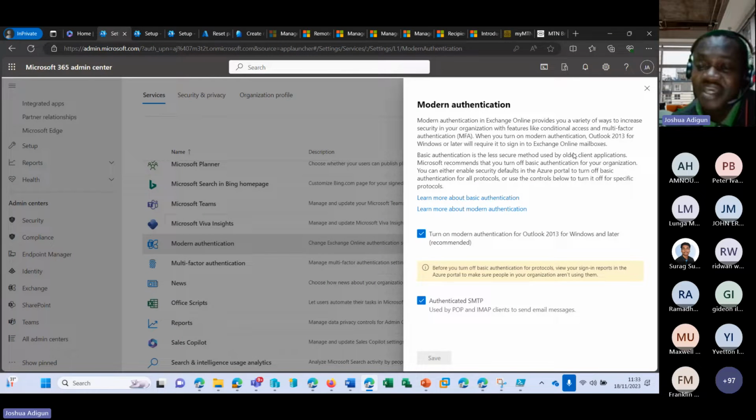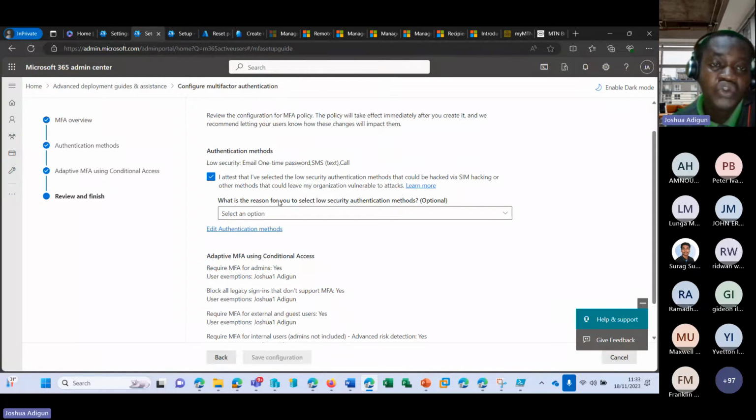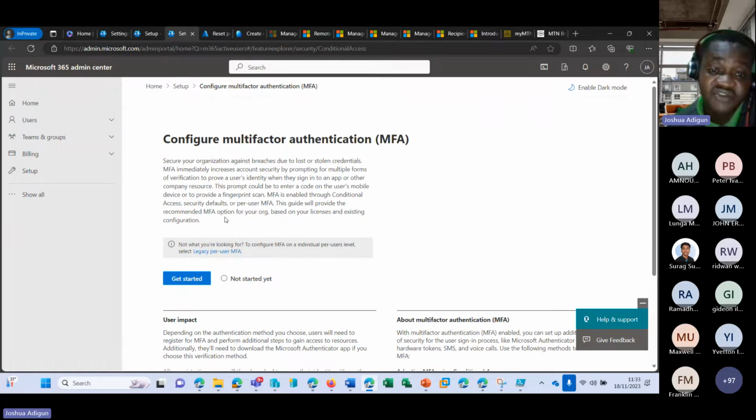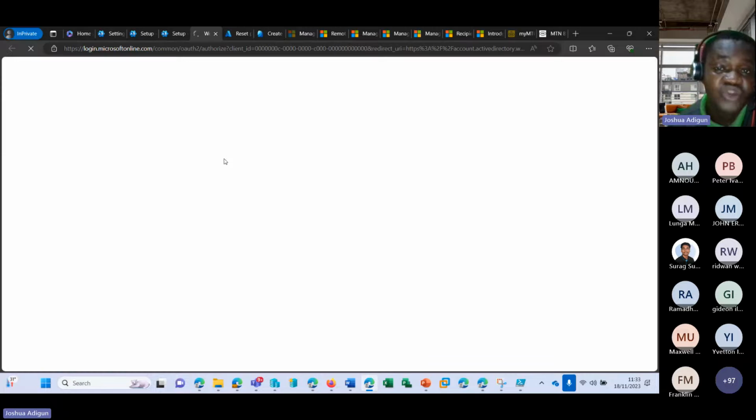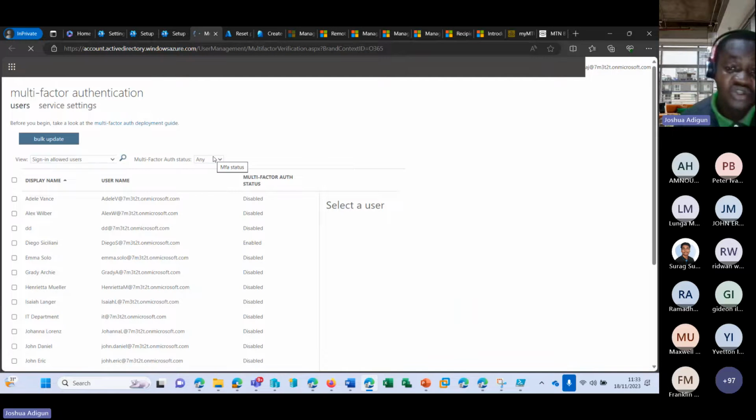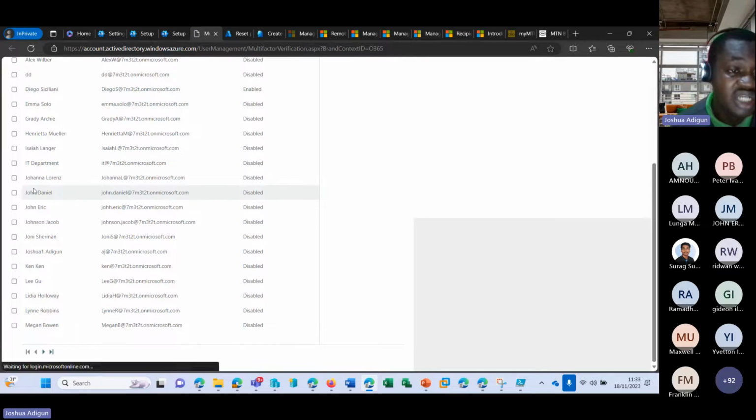Yeah, basically. And then I prefer to use the legacy, which would definitely be deprecated very soon by Microsoft, where I click on legacy. So this, you can do it on an individual basis, right? You don't have to set up everything for the organization. You can decide to click on John,